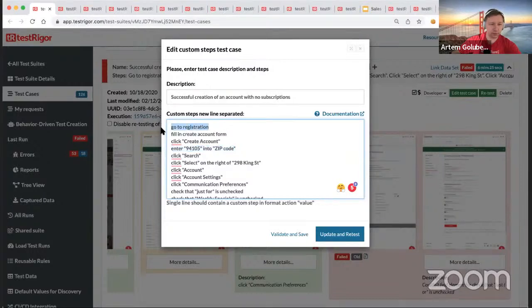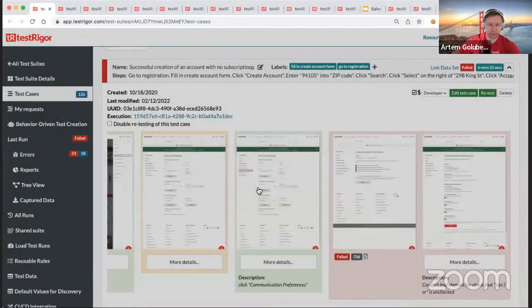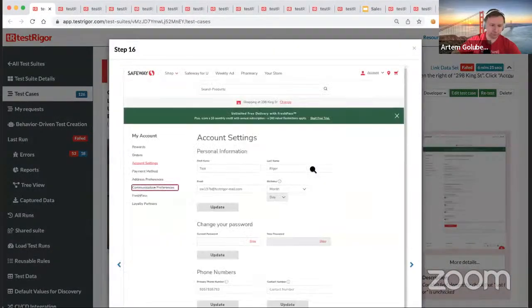And of course, you can group your steps and give those steps arbitrary names, like those groups of steps. For those who know programming, that would be a concept of a function. We call those reusable rules. So basically, it's just a sequence of steps with a name. That's very important. I'll get back to that in a second. All right, so